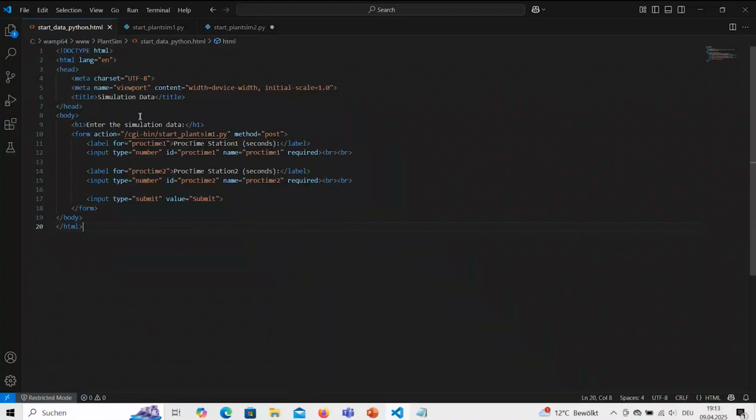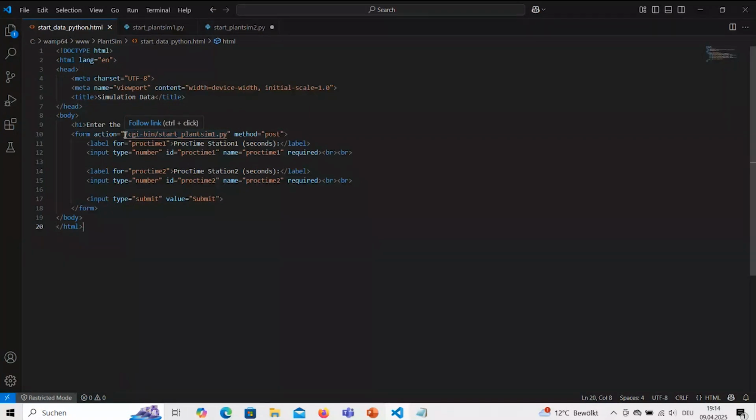And in this HTML file, we have one form. And with action, you set the destination for the request. And here's important, this doesn't go to the default folder of our web server.